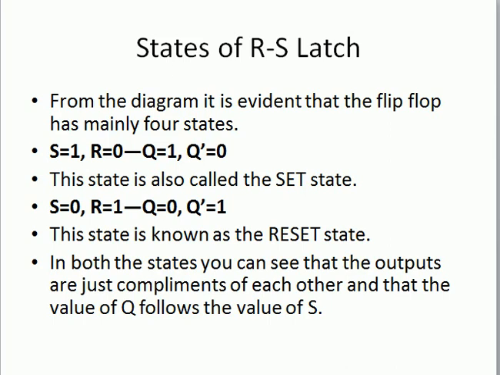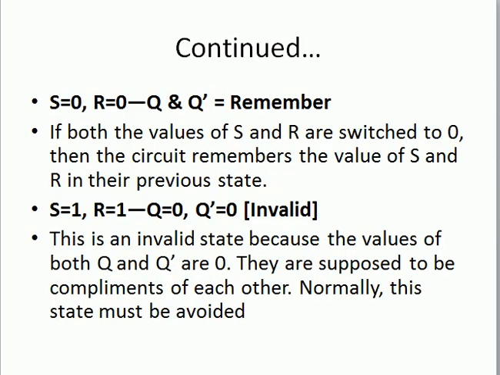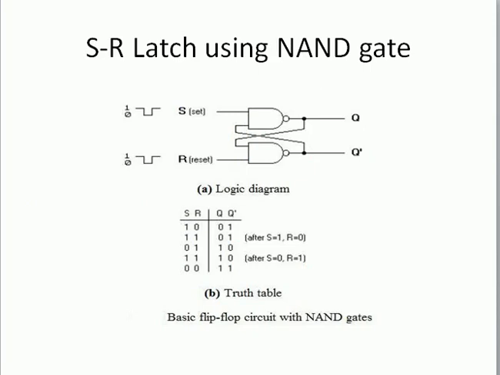Here I have discussed all these things again, so you can read it. Now here we have the SR latch using the NAND gate, and here is the circuit diagram as well as the truth table for this, and you can do it by yourself. It will be exactly the same as the RS latch using the NOR gate. And here, in this case, the upper input is S and the lower is R, and the remaining things are the same.